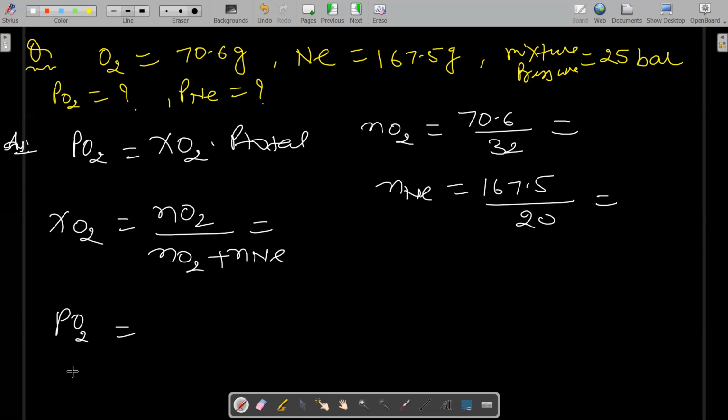And for the second, the neon pressure, you can simply use that formula also. The P total, neon के लिए तुम simply use कर सकते हो. The partial pressure of neon is equal to P total minus PO2. So only one calculation is required. For the second, you can just do the subtraction.